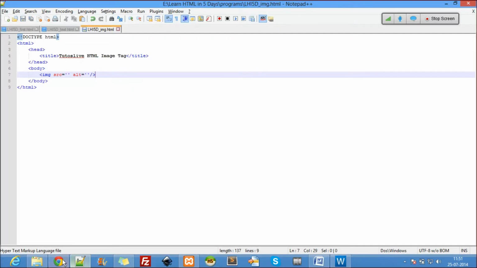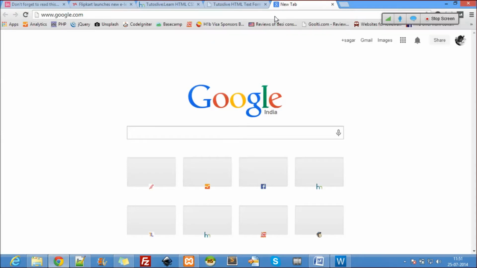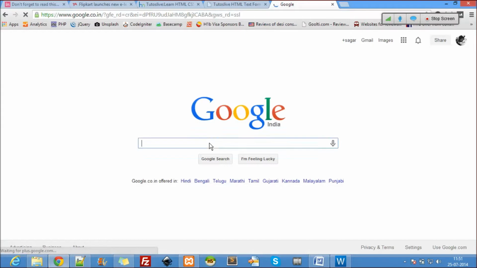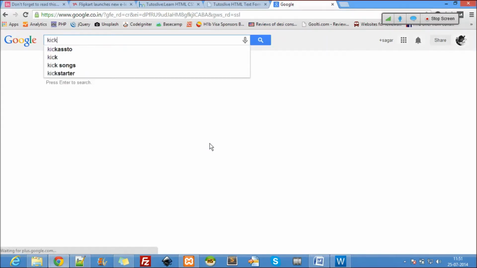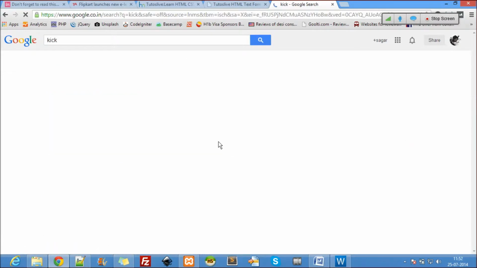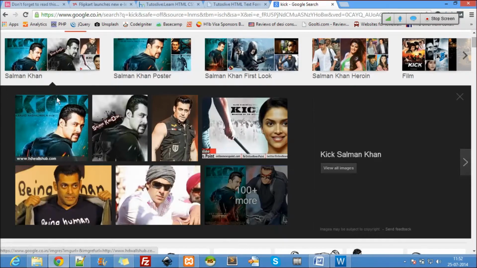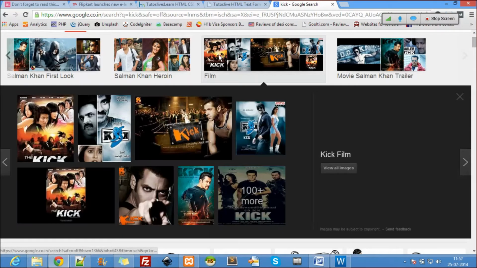Alright, let's go ahead and download some images. On Google, tell me what image I'm supposed to download. We have a movie releasing tomorrow, or today I guess. It was a Telugu movie previously, and now they're dubbing it into Hindi.